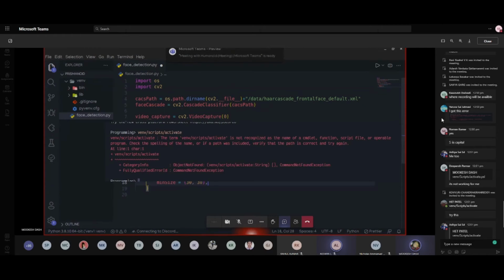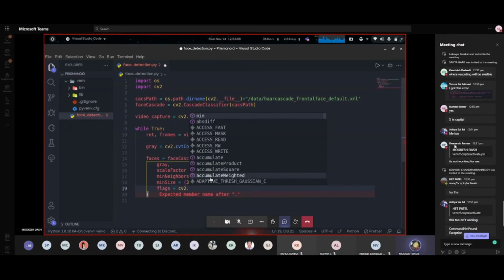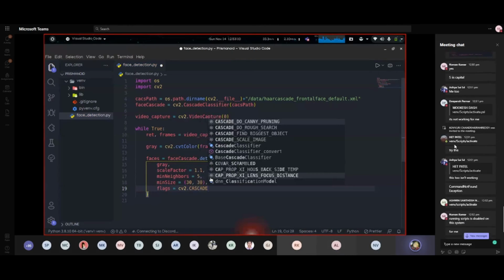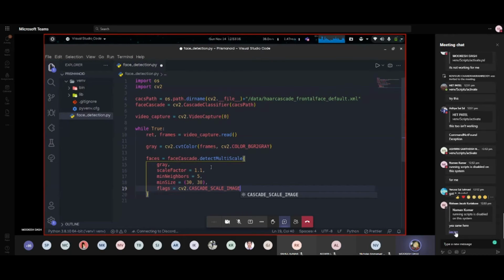Then we will give a flag. This is a necessary parameter inside detectMultiScale. Flags is equal to cv2 dot CASCADE_SCALE_IMAGE. This goes inside by default inside the detectMultiScale function, so don't worry about it.